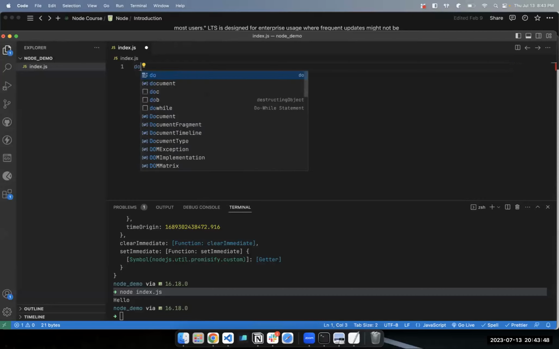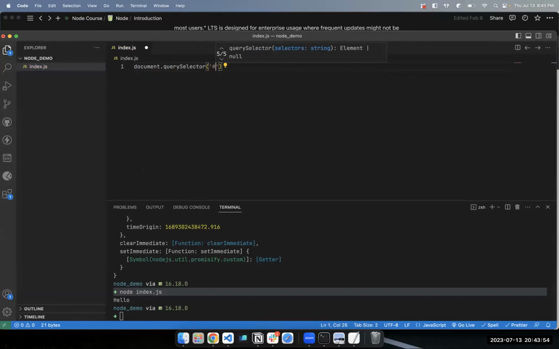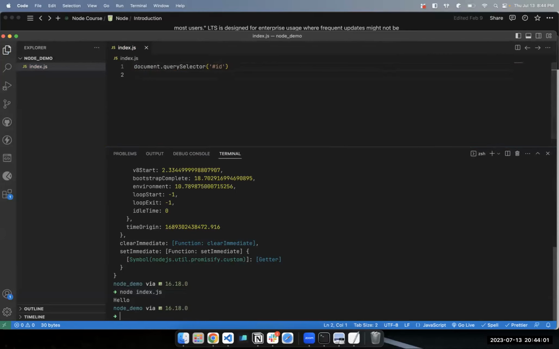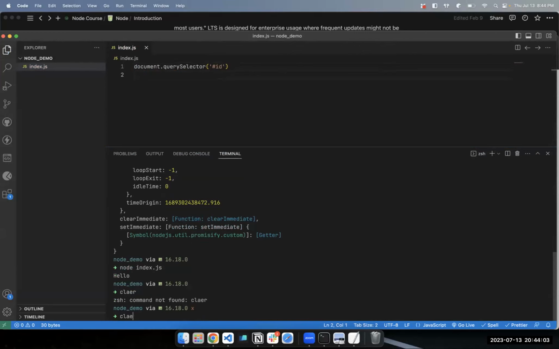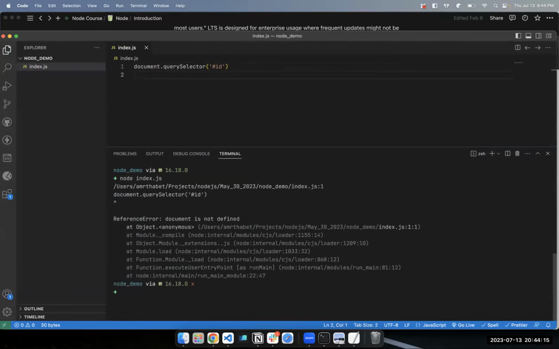In the browser, we used to do document.querySelector of whatever. Now, what happens if I run this code? What do you think will happen, based on this discussion that we are having now? Nothing. I think it's undefined. The querySelector is supposed to work with the... actually, if we run this code, we will get